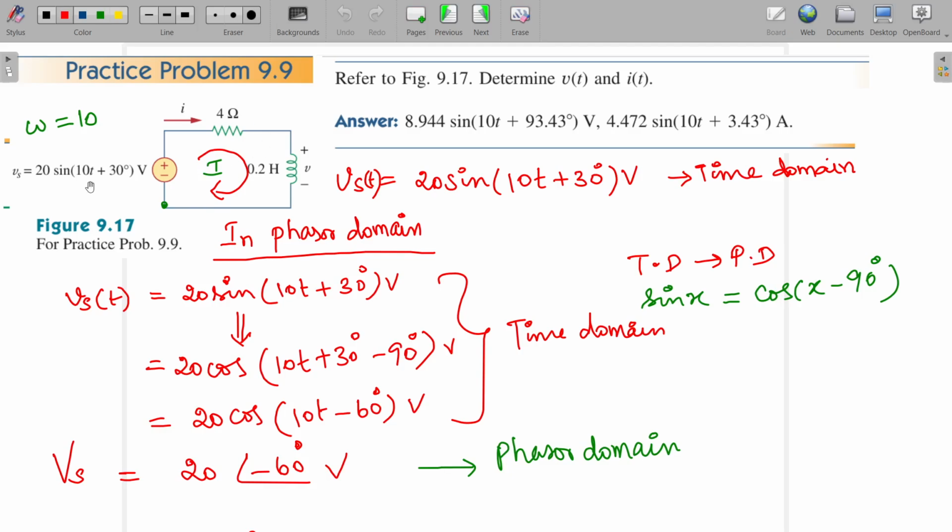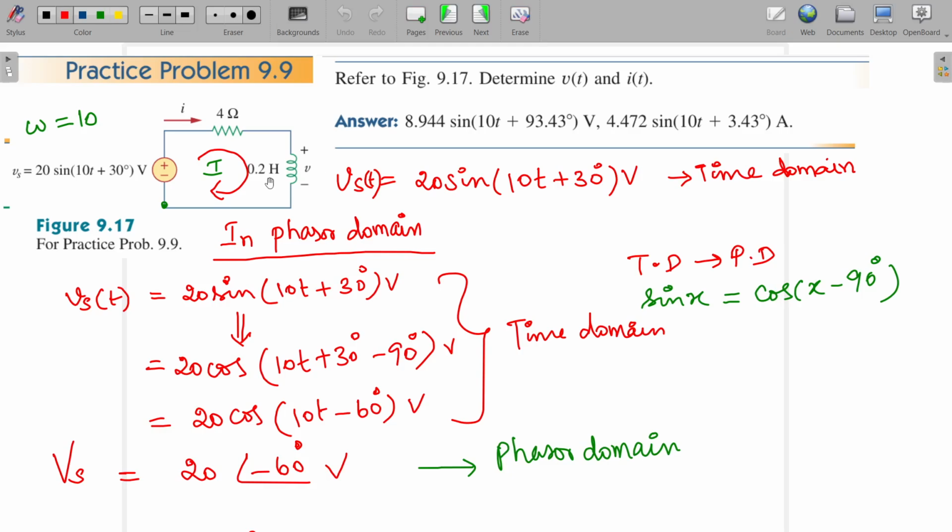So what is all given here? This Vs, that is the source voltage, is given as 20 sin(10t + 30°) in volts, and here we have two components. This is a resistor and this is an inductor. The resistance is 4 ohms and this inductor is 0.2 henries, and this current I is marked here. The current will be flowing through this